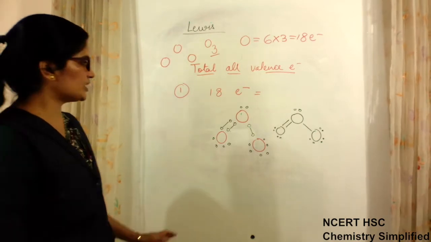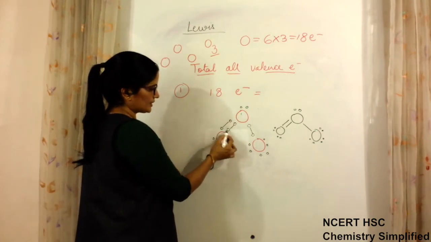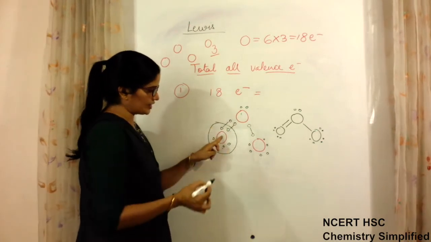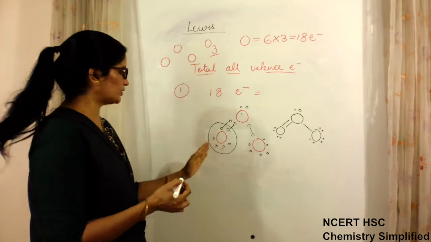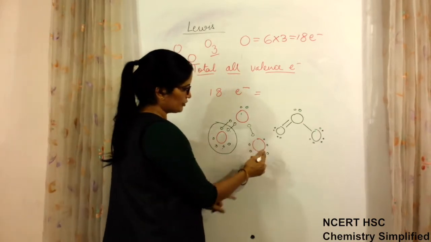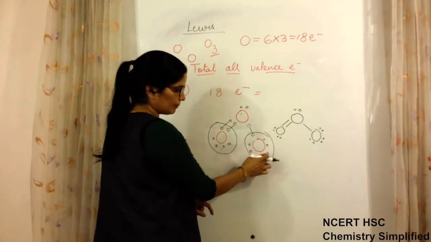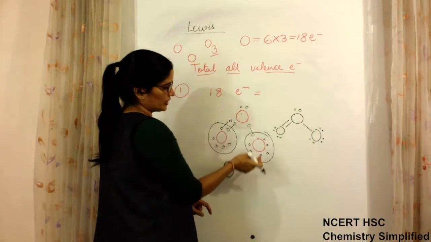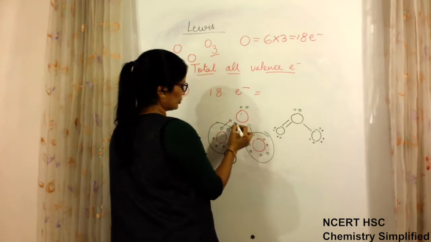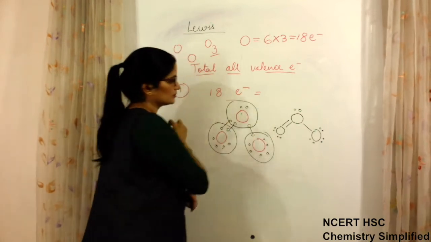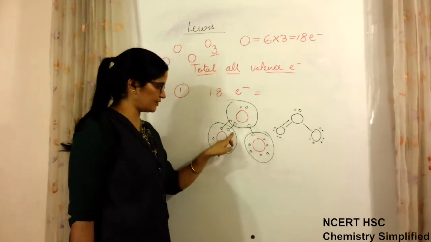Now if you see this molecule, you can see that 1, 2, 3, 4, 5, 6. These are the electrons which are placed on the oxygen atom. These 2 are of the other one. In this manner only we make a covalent bond. Now to this oxygen atom if you see 1, 2, 3, 4, 5, 6, 7. 7 electrons are placed on this oxygen atom and 1 it is sharing here. Total 8. This oxygen atom if you see 1, 2, 3, 4, 5. 5 are placed on it and the rest it is sharing, 5, 6, 7 and 8.